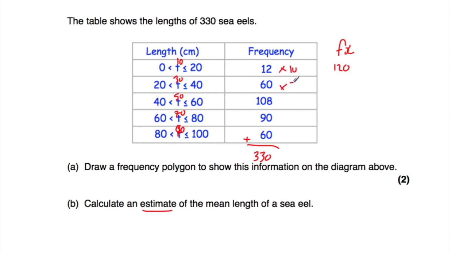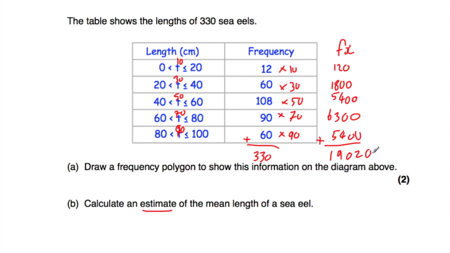60 multiplied by 30 is equal to 1,800. 108 times 50 is equal to 5,400. 90 times 70 is equal to 6,300. And the midpoint times the frequency here, 90 multiplied by 60 is equal to 5,400 again. Now what we're going to do is add those up to get our estimate for the total length of the eels, so 120 plus 1,800 plus 5,400 plus 6,300 plus 5,400,